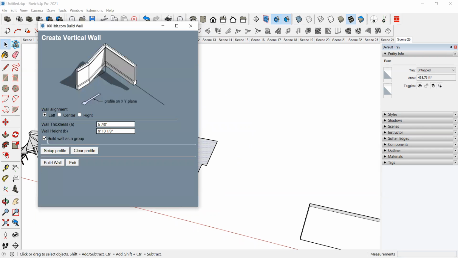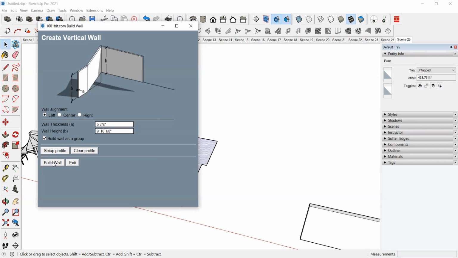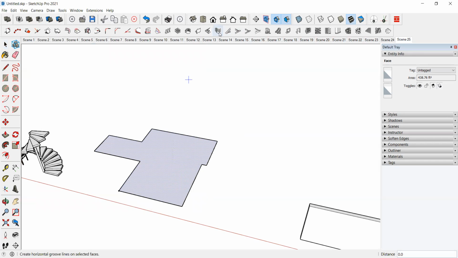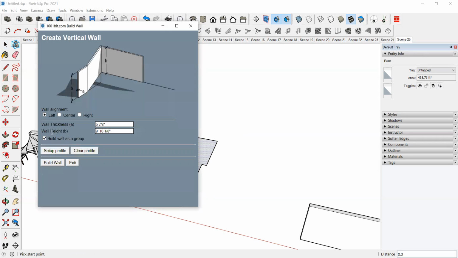Create walls, clear profile, and build wall. First I will say build wall, and what is set profile, that also I will explain. First build wall, so that will be the 10 feet height and 9 inches width.